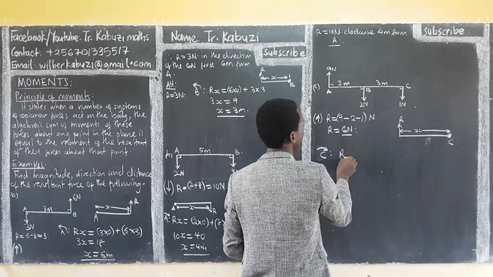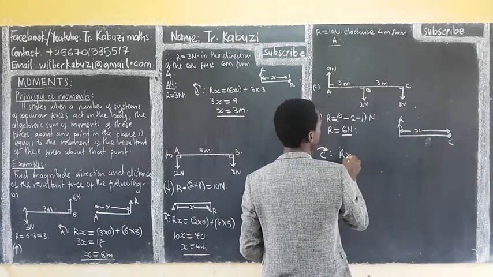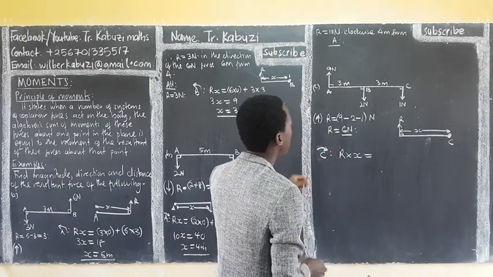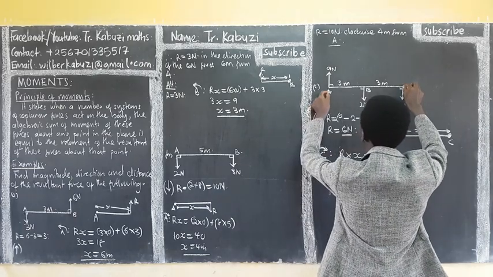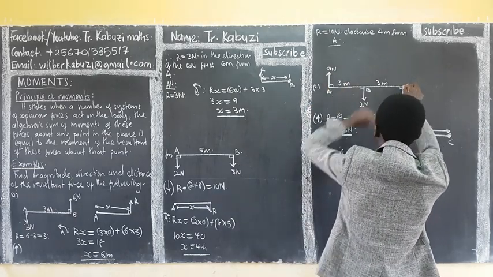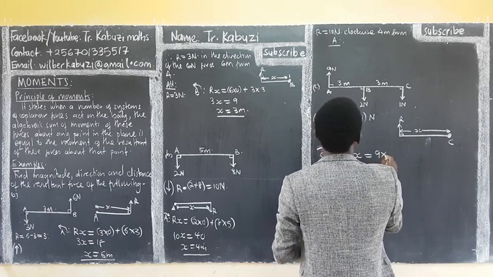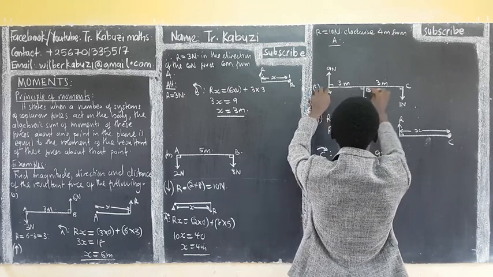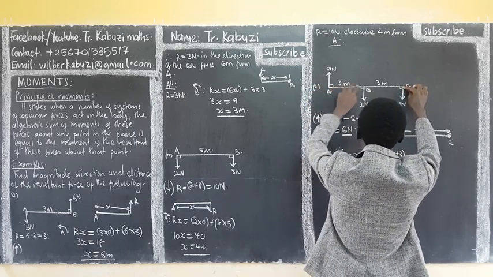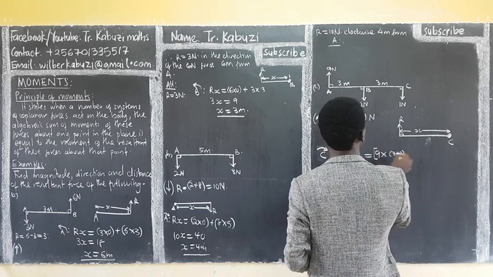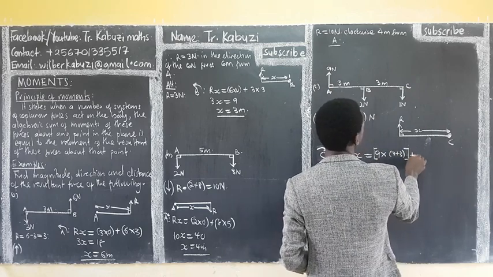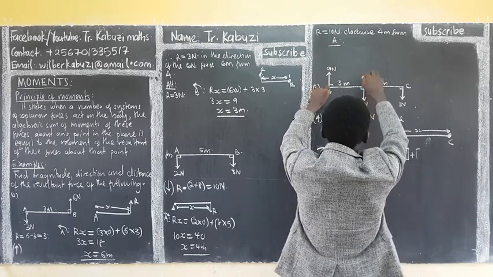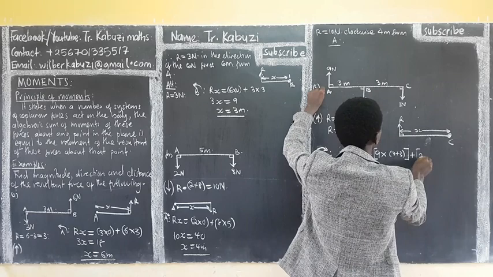We have the force R times the perpendicular distance, which is X from here up there. It's going to be equal to, when I take moments about here, we have this one going this side. So I have 9 times 3, the perpendicular distance from C, 3 plus this. Then plus, you see this one is also going clockwise. I have 2